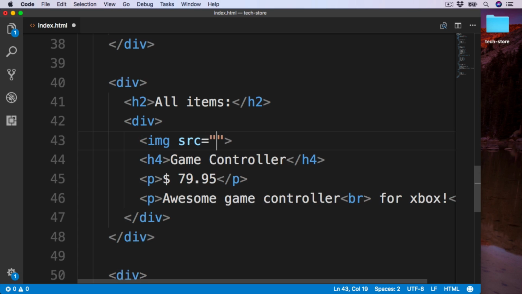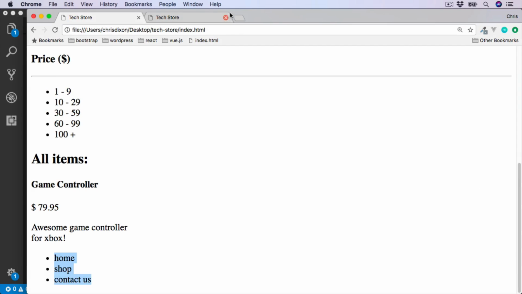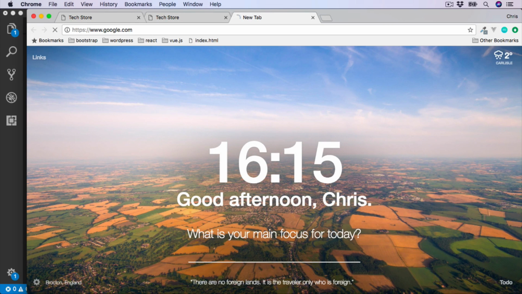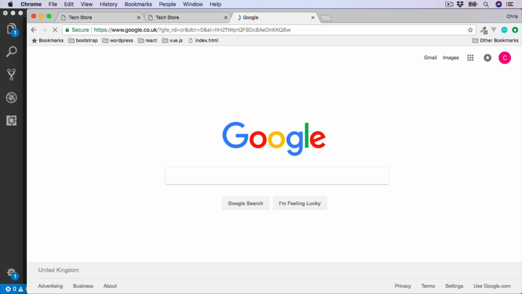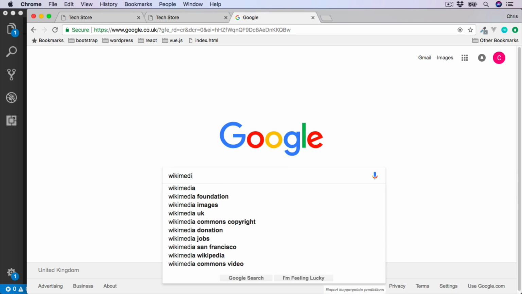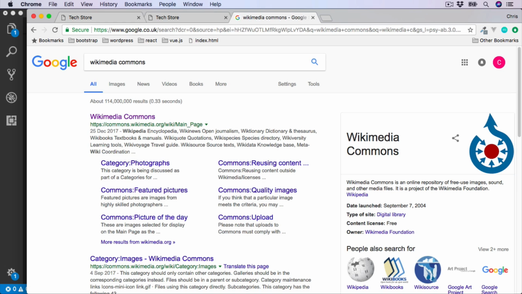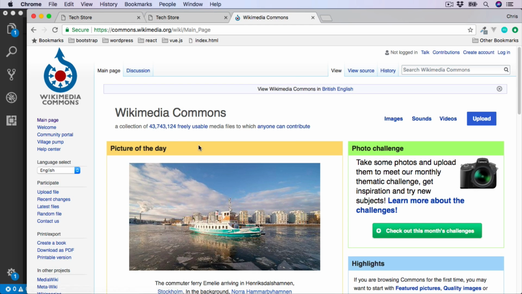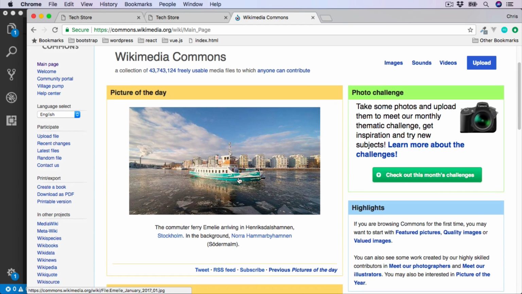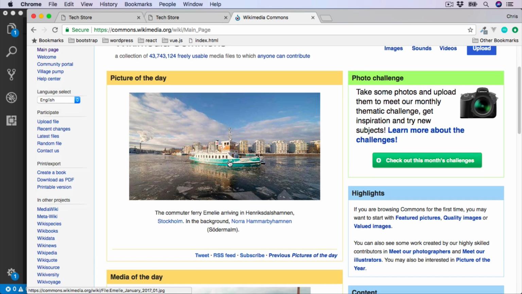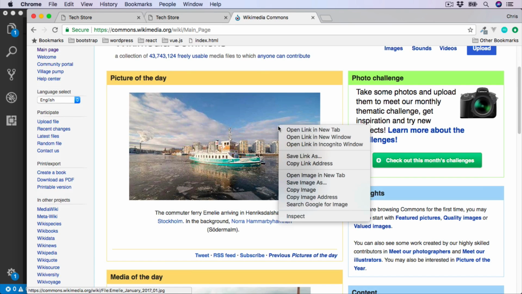There are a few ways which we can do this. First, I'm going to look at including images from other websites. So if we go over to the web browser and then go over to Google, if we search for Wikimedia Commons, and then let's go to this top link here. The Wikimedia Commons website usually has a picture of the day, so of course yours will look a little different from this. And all we need to do, if we go to right click and go to copy image address,